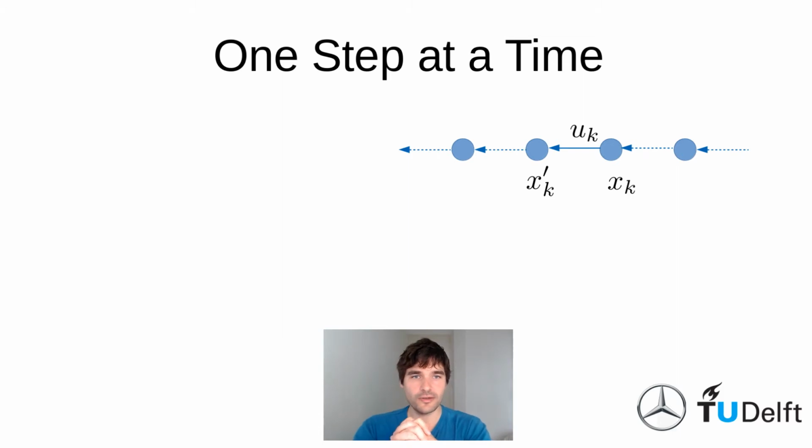Now, we're going to look at this one step at a time. So an agent moves from one state to another. And now what we have to do is to get rid of the reinforcement learning. In inverse reinforcement learning, we do an approximation. And we do this for this one transition from X to X prime.